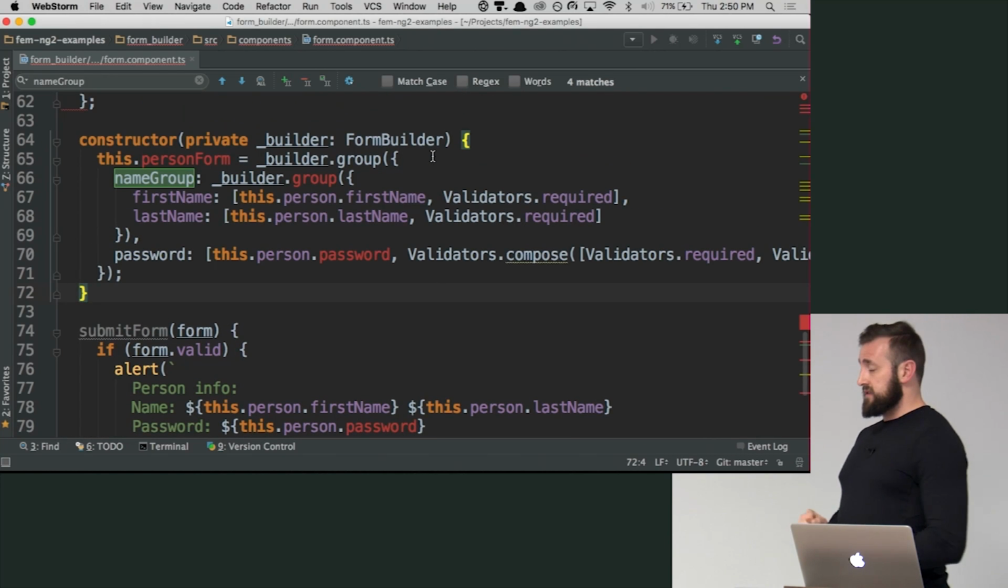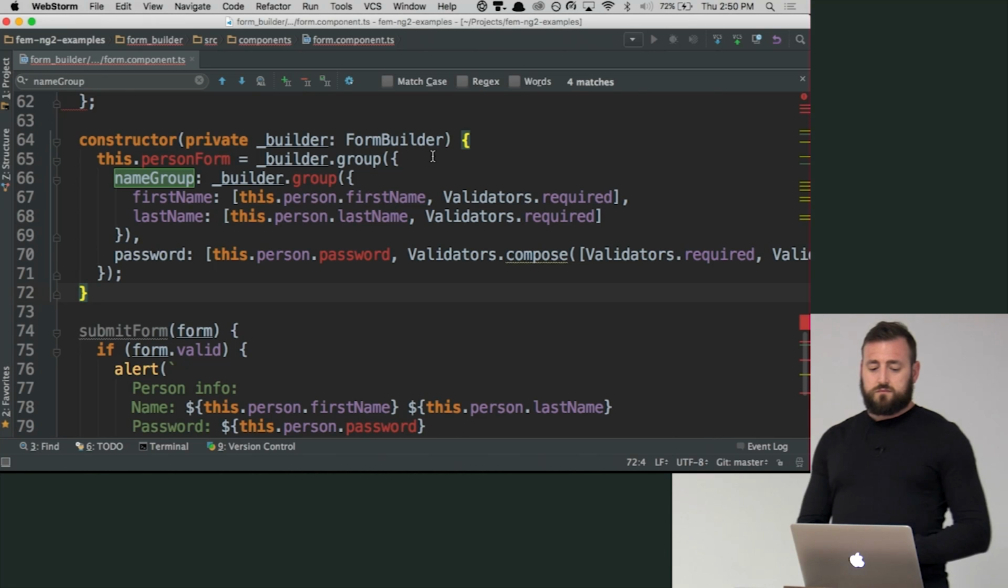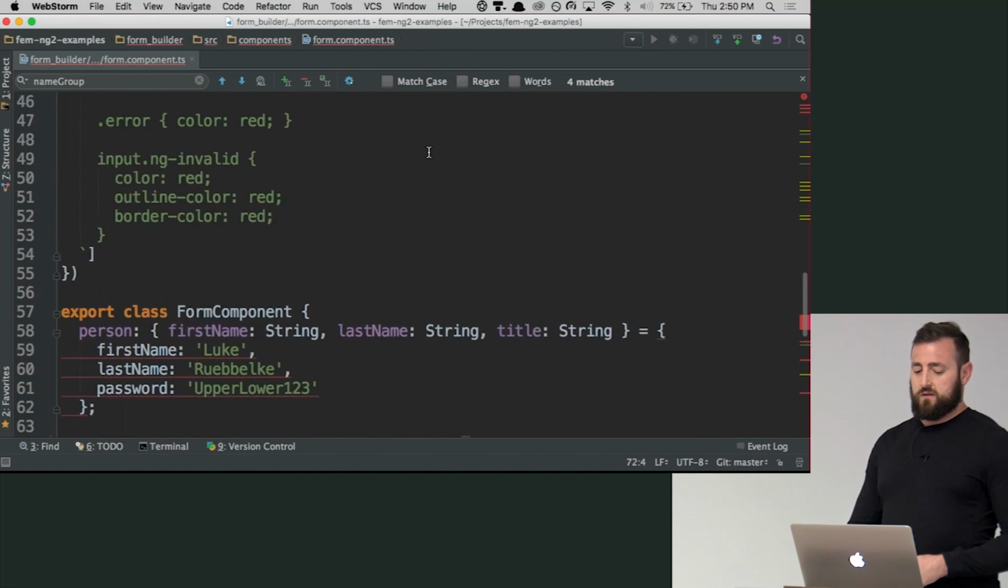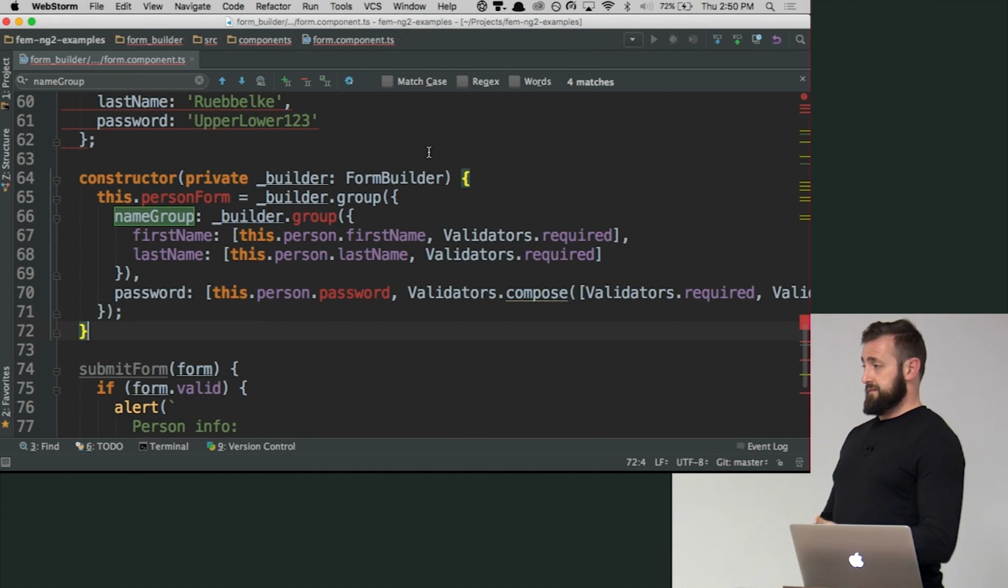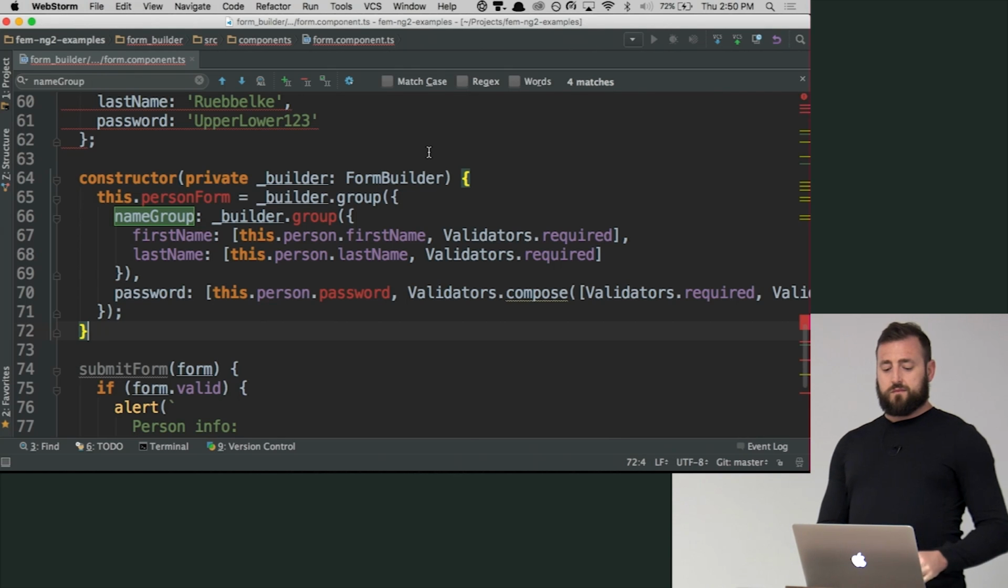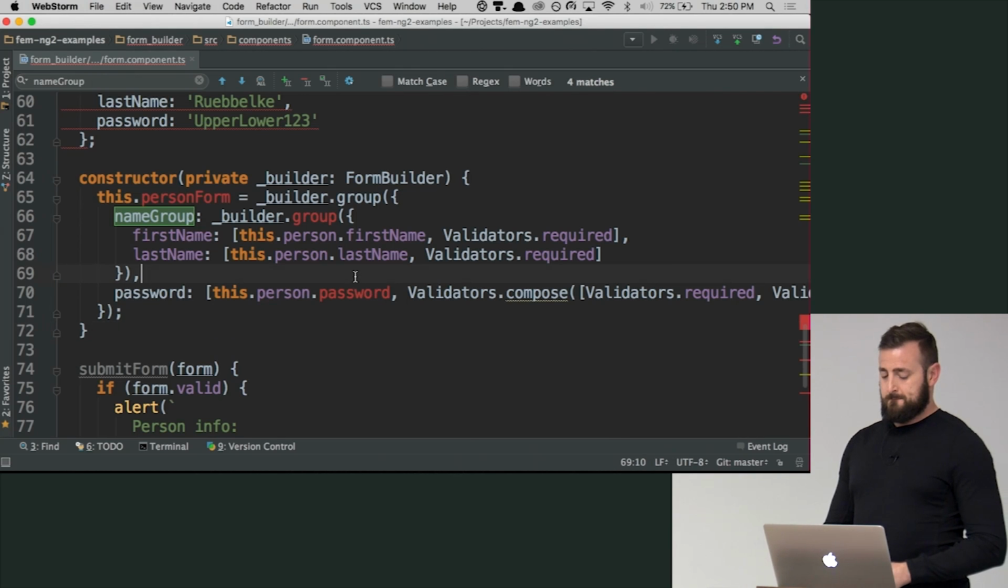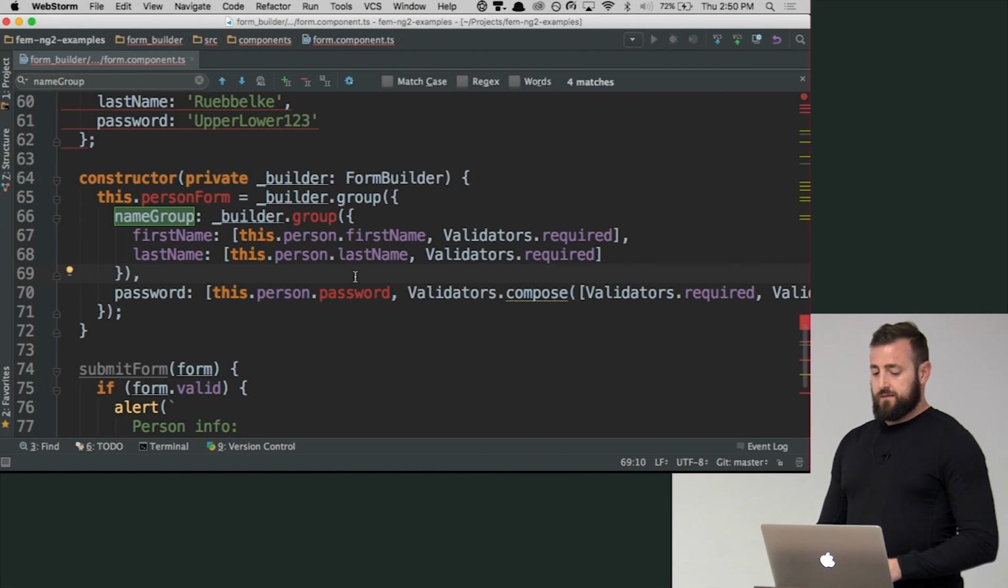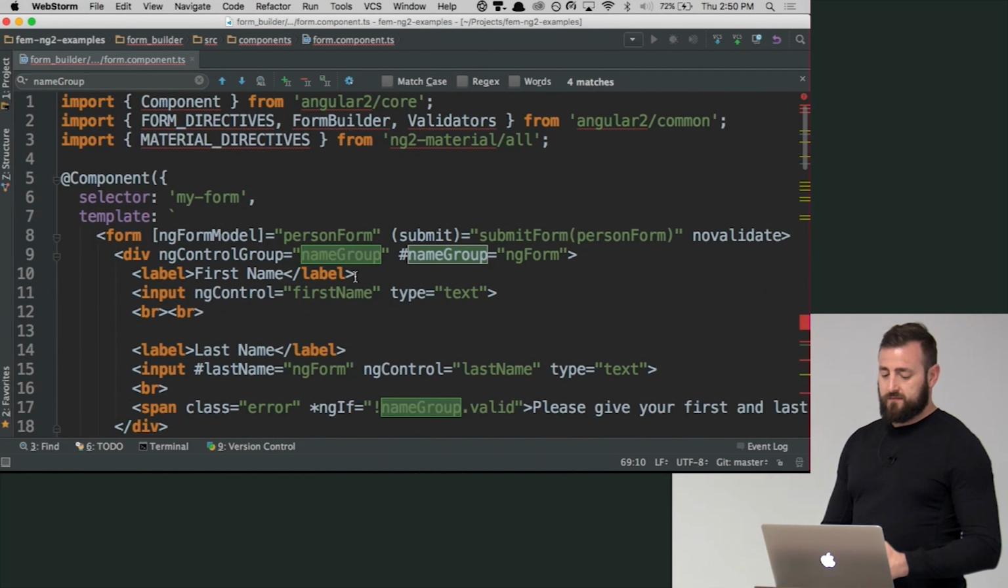To the best of my knowledge, yes. I'm sure you can find an edge case for everything. So in that case, you'd have a builder group, and then you have a name group. You could have address groups. Okay. And so this is really